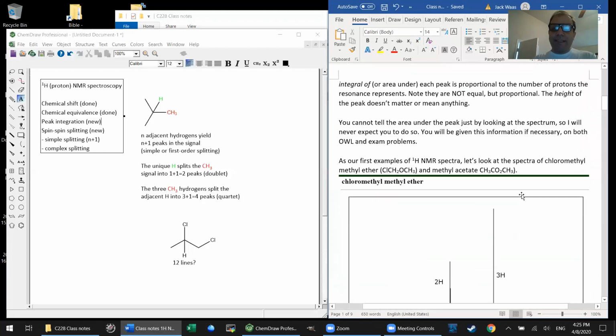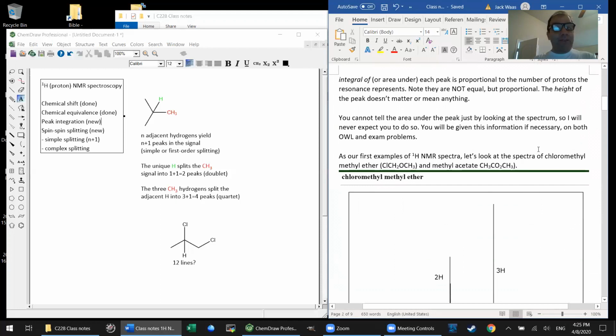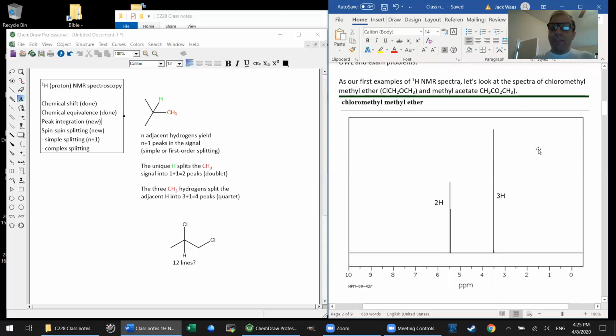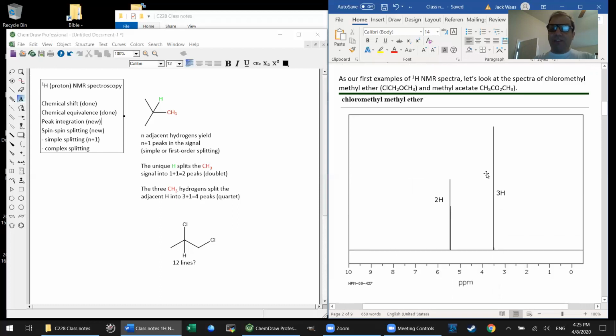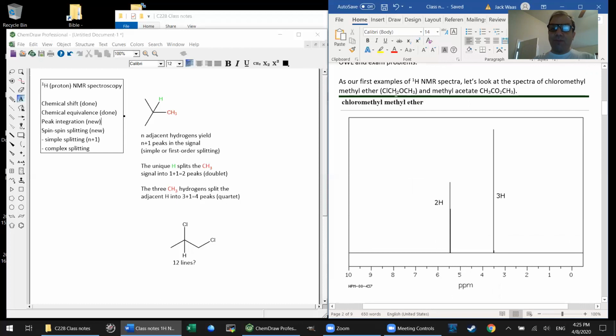Good. So that being said, let's look at a couple of, at first, very carefully selected proton NMR spectra. We'll look at chloromethyl methyl ether and methyl acetate, and I've given you those two structures over there. Let's start with chloromethyl methyl ether. I think you'll agree with me, there's two types of hydrogens here. The 3 on the methyl group are the same, and the 2 on the CH2 group are different from the methyl, but the same as each other. And so we would expect to see 2 resonances on the proton NMR, and indeed